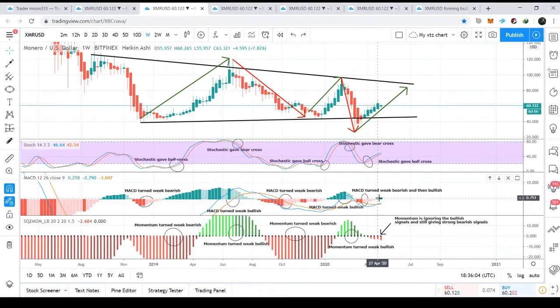Therefore, I have some fear that this time the XMR can retest this support of the wedge from here. It can be dropped again. Now, if we switch to the small time period,